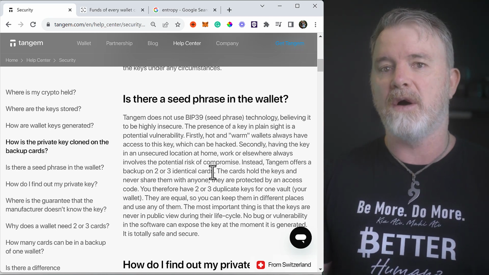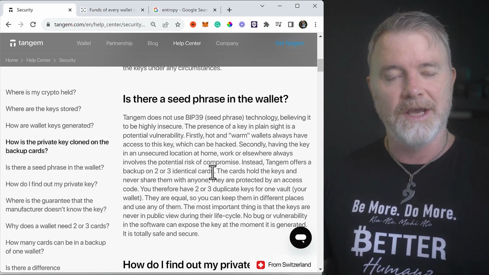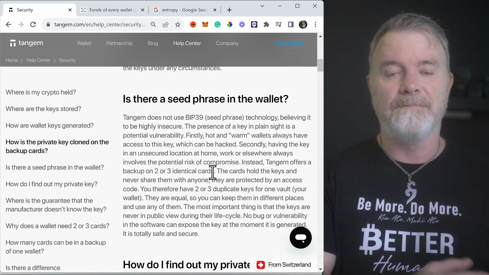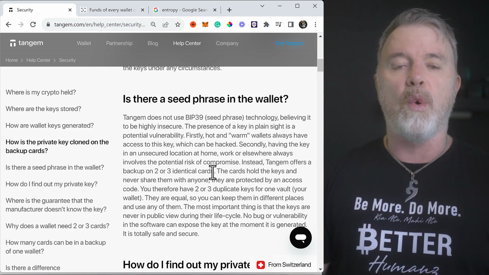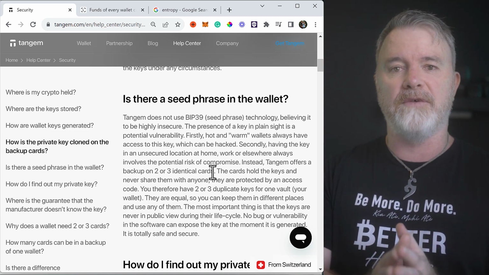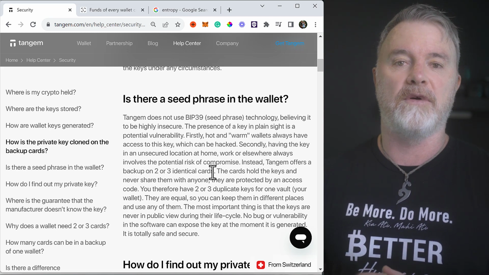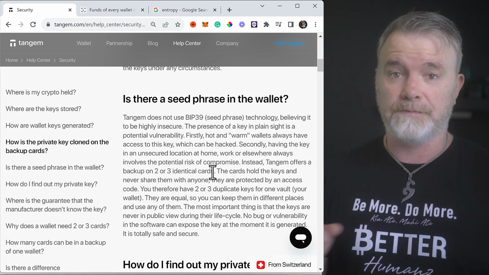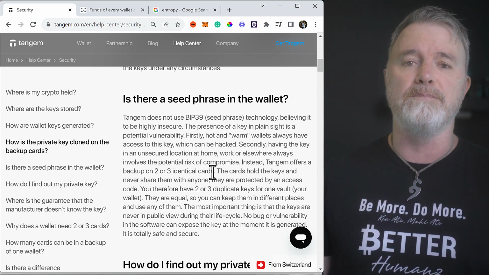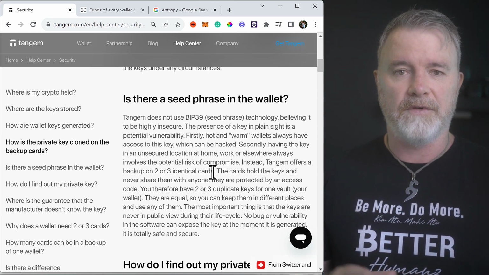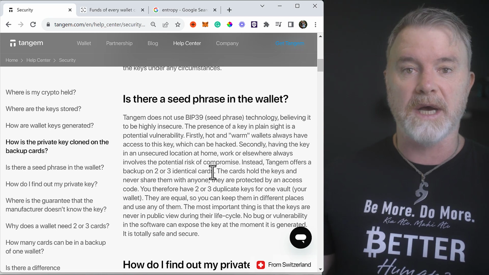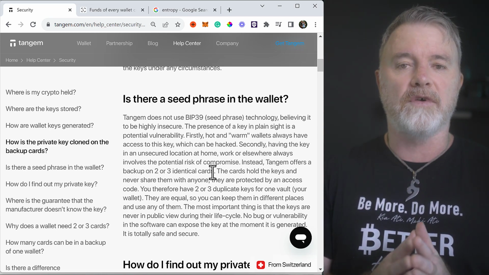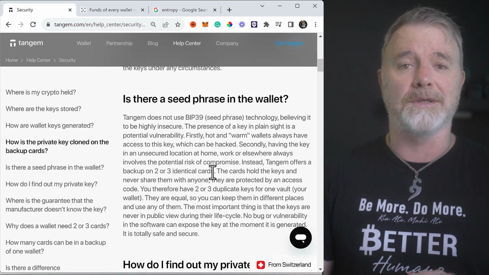This is why they have now included 2 options, which is 1, generate the seed phrase, which you can see, copy, and go and store somewhere, or you can import your own seed phrase that could be from any other wallet. You might have a MetaMask wallet. All right. Now, bear in mind that when you import that seed phrase, if you want to, for example, import your MetaMask seed phrase into Tangem, then you've got to make sure that all the tokens that you've got on